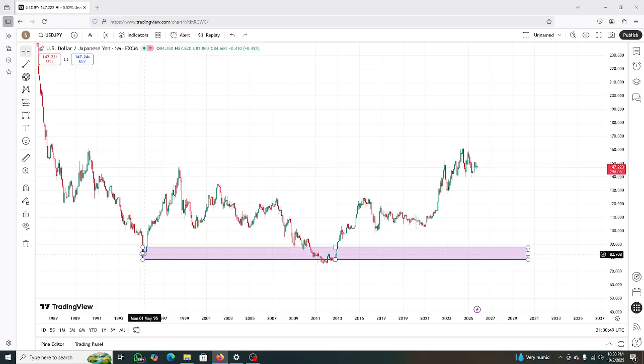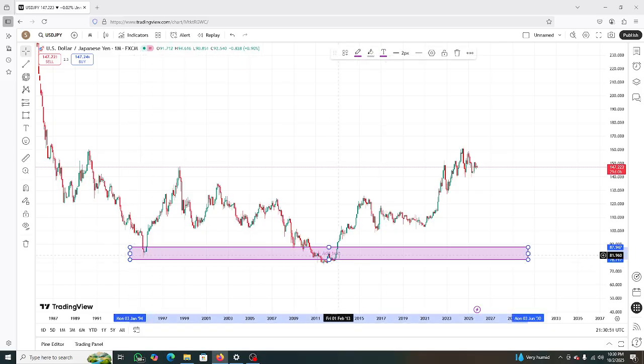A lot of people who had their pending orders here were taken out before it bought. But that's if your SL is not so close to where the entry is. If you are somebody who does proper risk management, you should take out your SL, make sure that it's a bit far from you, not too far. You have to do your